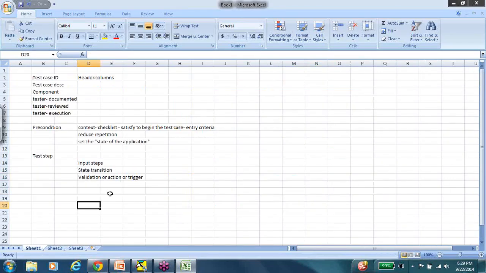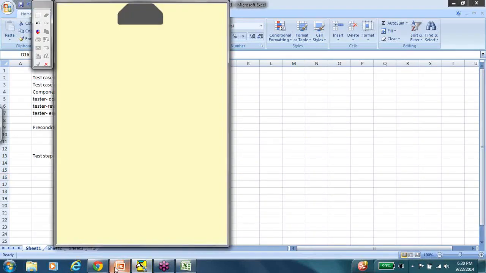Now finally, validation or action or trigger. Now this is very, very important because at the end of the day, the test case has to check for something. So if it is just going on entering data, see for example, if your test case